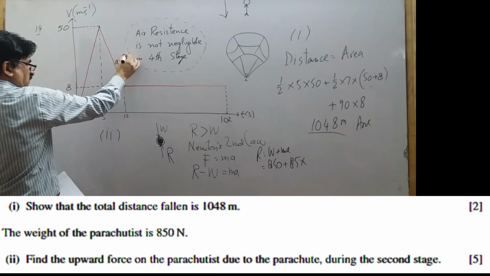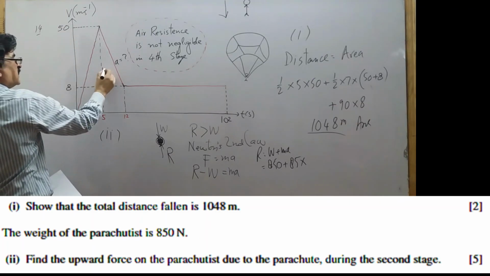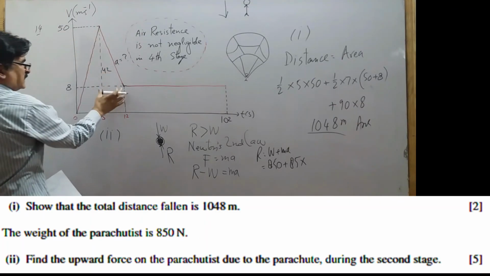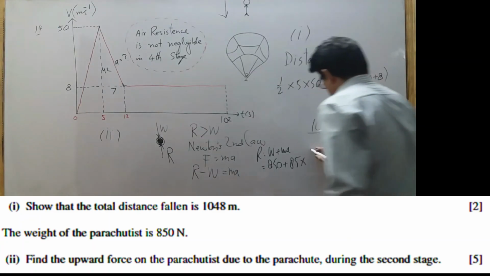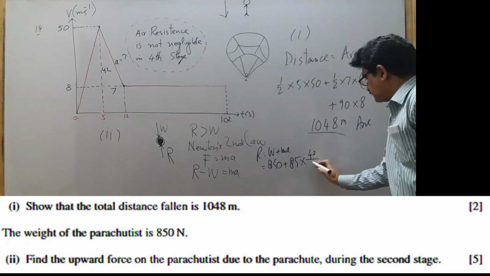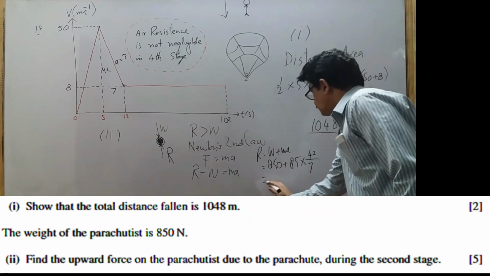From this diagram you can find it. This is the rise, which is 42, and this is the run. So acceleration is rise over run, which is 42 over the run. Now if you simplify this, you will get the answer to be 1360